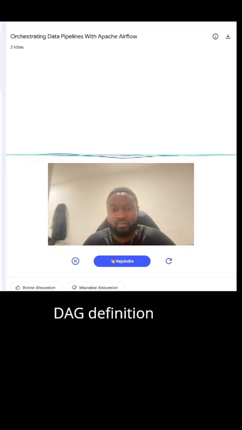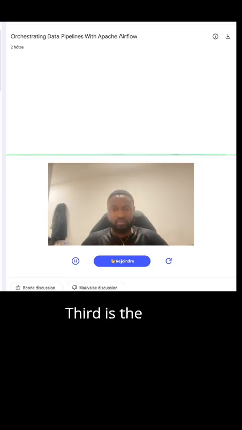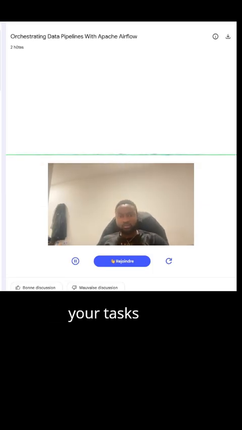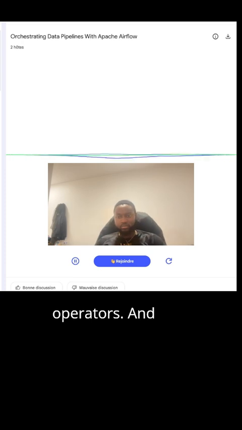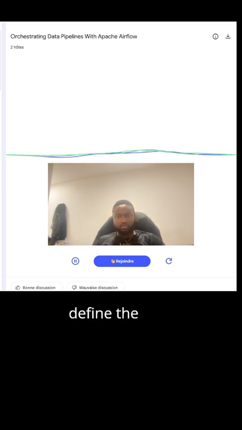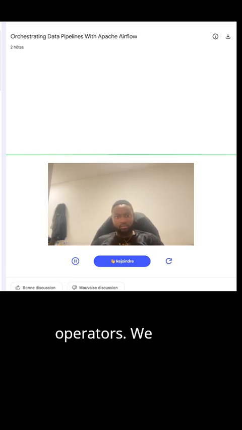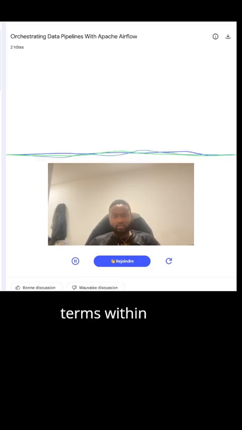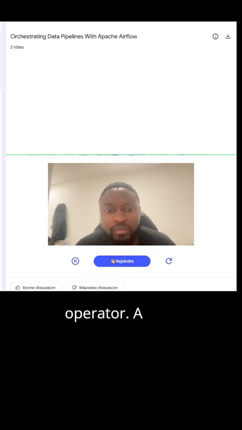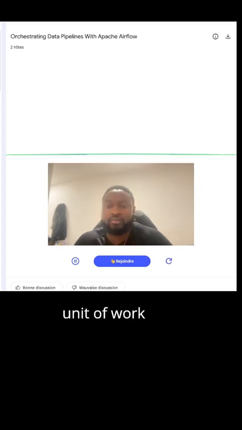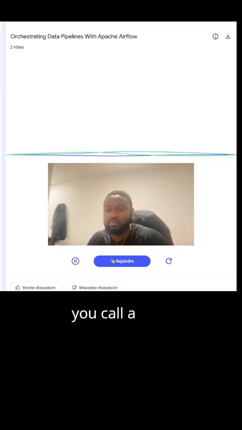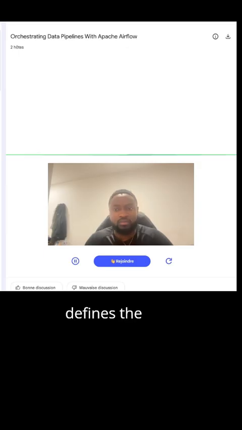Knowing those terms and their hierarchy, let's quickly review the core components of that DAG file itself now that we've mapped the terms. The source breaks it down into 4 parts. First, the import statements, where you bring in the needed operators. Second, the DAG definition, where you name it and set parameters like the schedule. Third is the DAG body, where you define your tasks using operators. And finally, the dependencies, where you define the execution order using those bitwise operators.